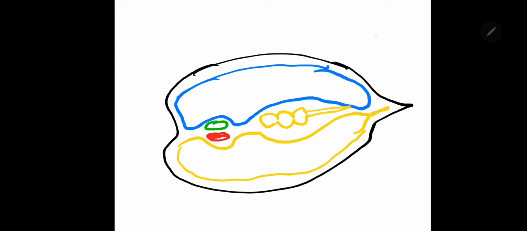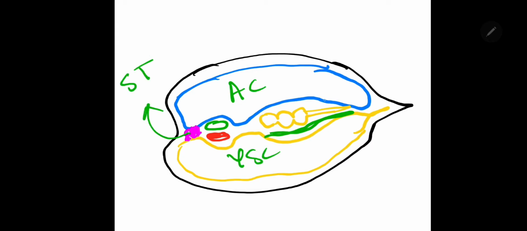This is the cardiogenic area, and there will be a septum transversum here. So this is the coronal, or you can say sagittal section of the developing embryo, having the 3 germ layers, and you can see the developing notochord over there. So this is the amniotic cavity, yolk sac cavity, this is septum transversum, this is notochord, and here there will